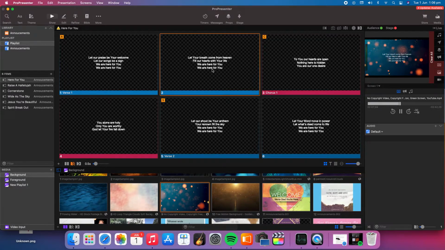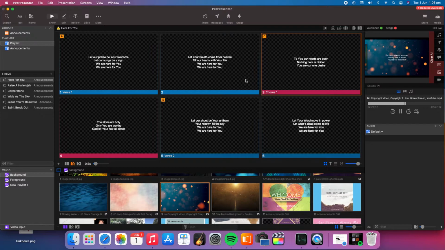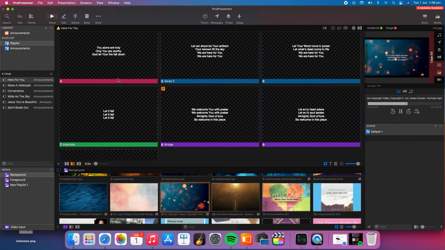And again, if you follow the worship leader, sometimes they'll say, "Let's go back to the verse." They're not ready to jump into the chorus yet, so that's why your mouse needs to be pretty active. They can't see you doing this right here. So if you feel like the song is building up and they're about to go into the chorus, then you're just going to click on that before they get there. And it's always better to err on the side of going into the chorus than if they go back into the first verse again. So they've sung this song, they've gone all the way through it,